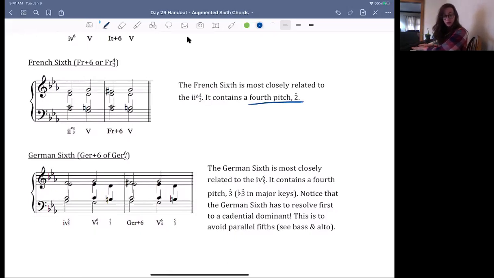Now, again, all we're doing is changing the F into an F sharp and resolving that to 5. One of the interesting things about the French 4-3, and we'll see this exploited in various ways, is its intervallic construction. So take a look at the interval between our kind of opposing voices. So bass and alto,